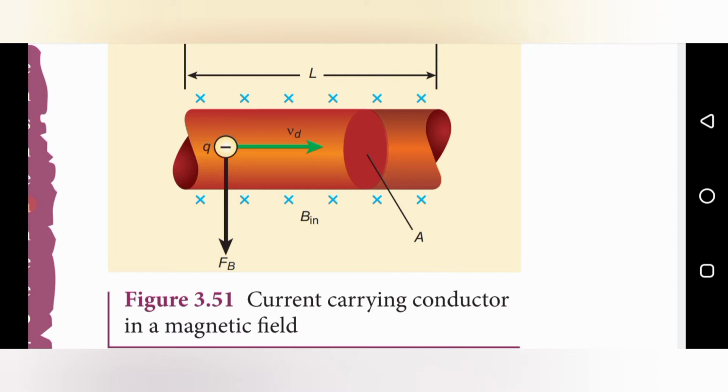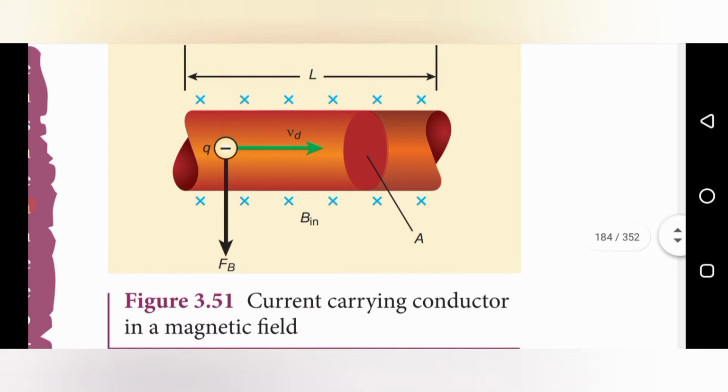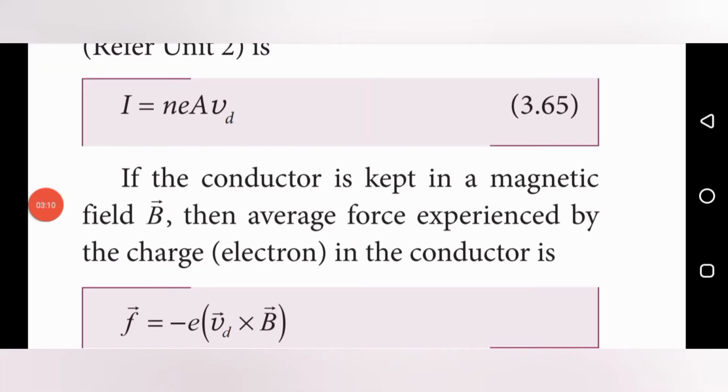The relation between I and the magnitude of this drift velocity we already studied in the second lesson, the electricity lesson. So we start from that equation: I is equal to nAe Vd, where Vd is the drift velocity. From this equation we have to find the force value. Let's see the derivation now. First I will explain in the order given in your book. Next I will give you the notes and also explain them. You have to take the notes in a separate notebook also.